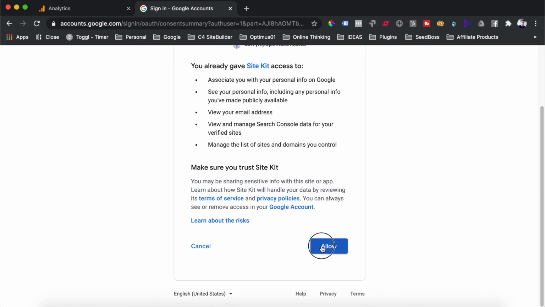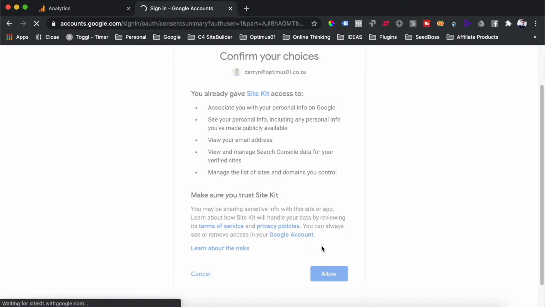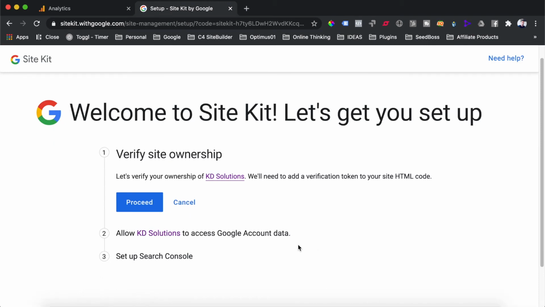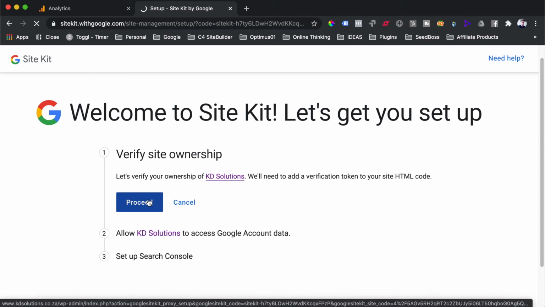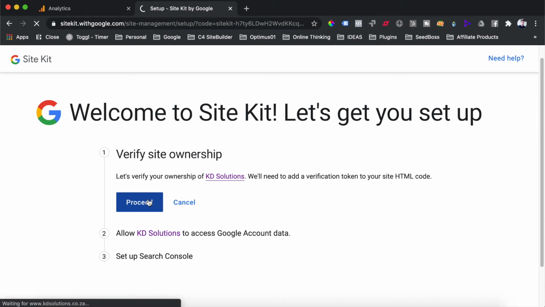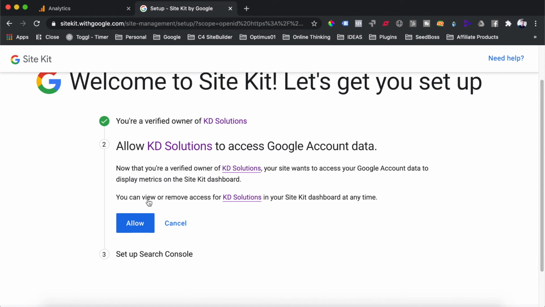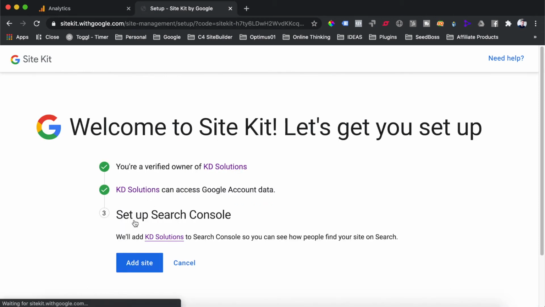And then over here you just need to hit the Allow button to give permissions to this plugin to access that account. We are then brought to another step over here where we need to just verify site ownership by hitting the Proceed button. And what the site verification is, Google simply is going to add a small HTML code to the site, which allows them to know that you actually have ownership of this website. And you'll see now we are verified as the owner of KD Solutions, and we can now allow access to